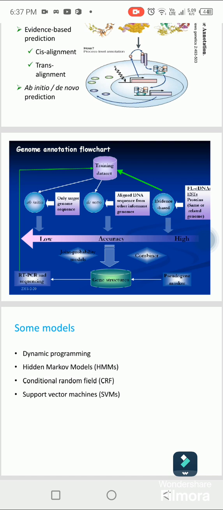And if we go from evidence-based, then training dataset, and then if you